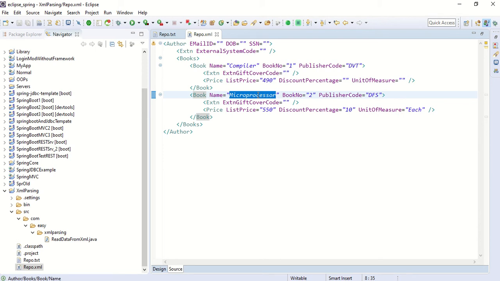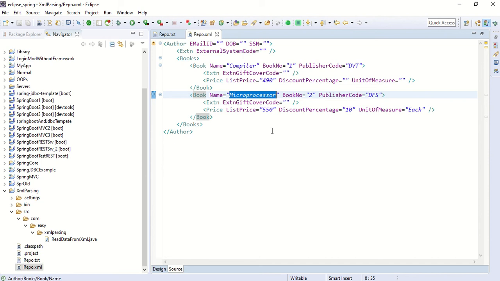So if you give this XML file to one person or one application, he can easily and quickly validate this file, and if he finds that the structure is fine, then he will accept that file, otherwise he will immediately reject it. But in the case of a text file, it is very difficult to judge or figure out whether all the data is there or not.